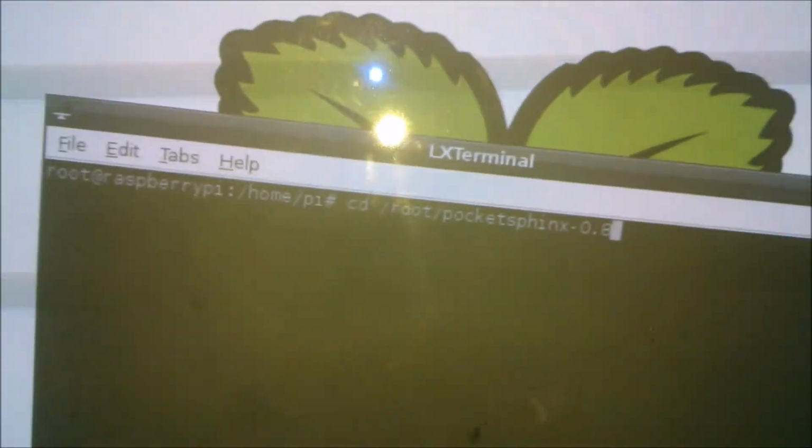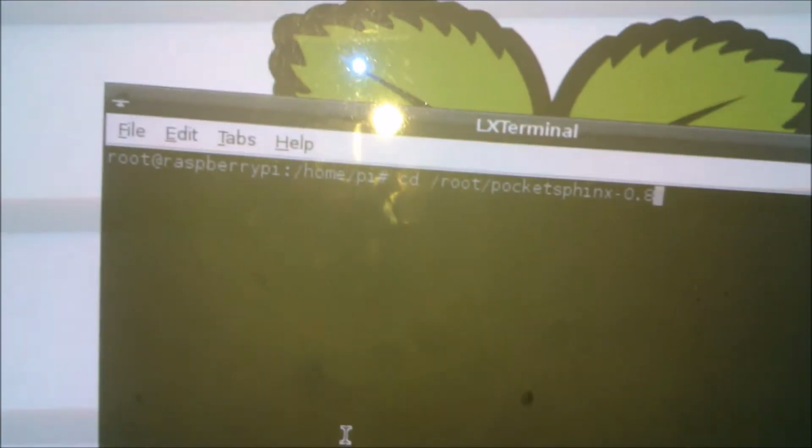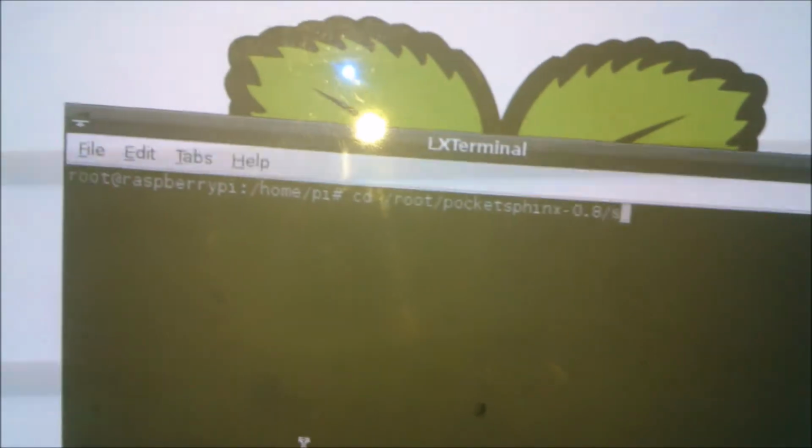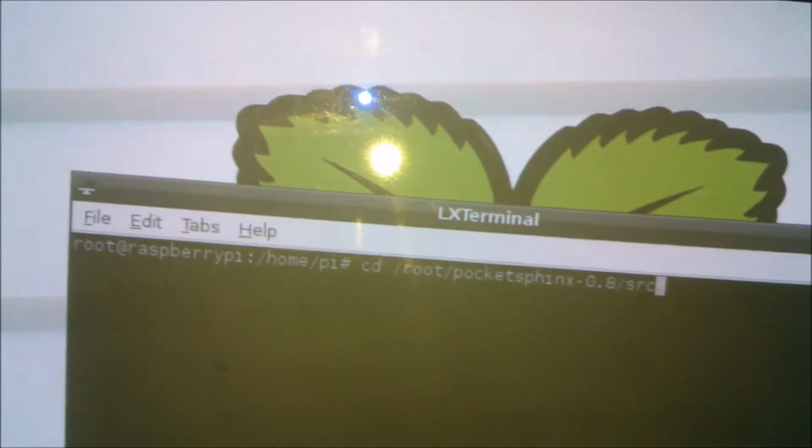We are using CMU Pocketsphinx. So we have already created the folders. We are going into that directory by typing these commands. Directory, not folder. Okay, it's almost the same, no problem.